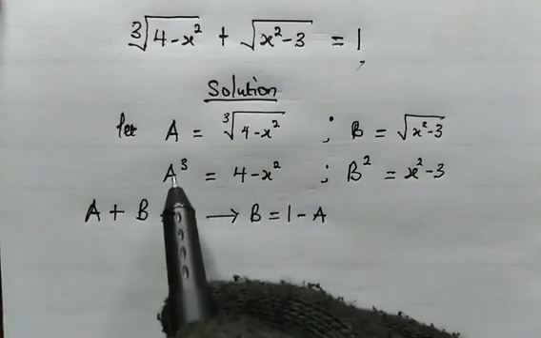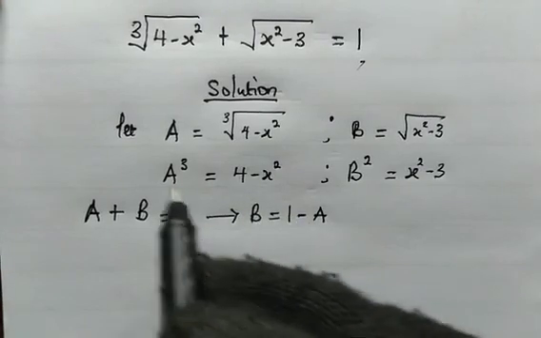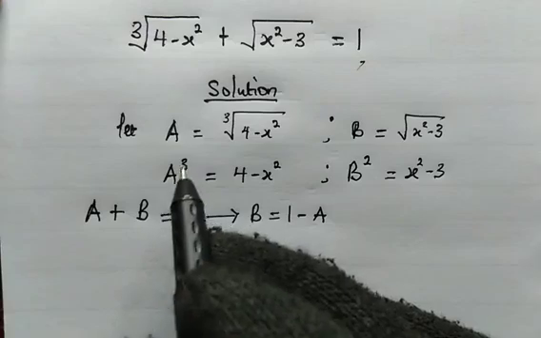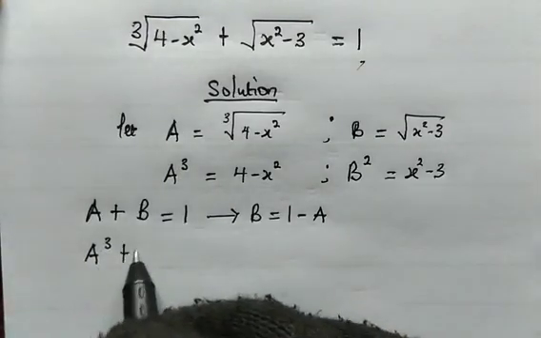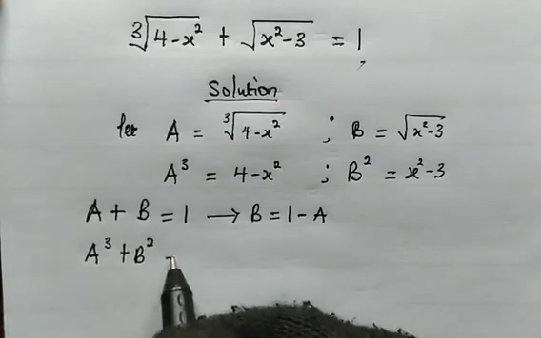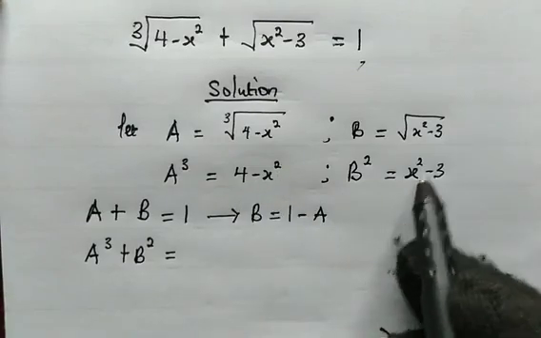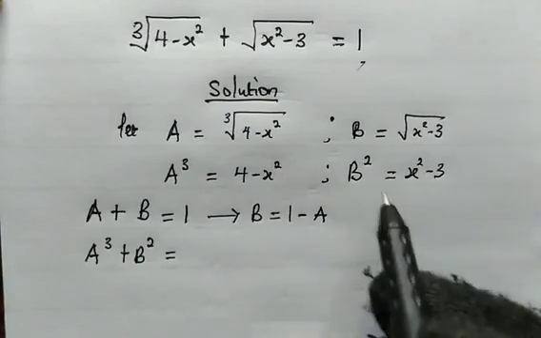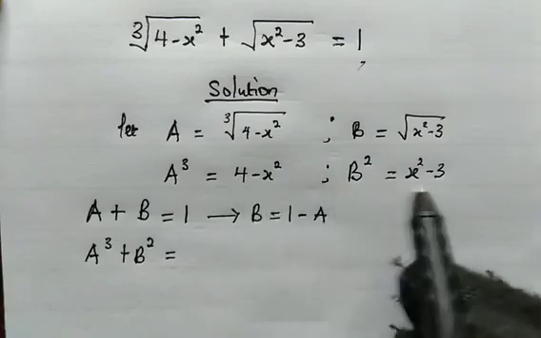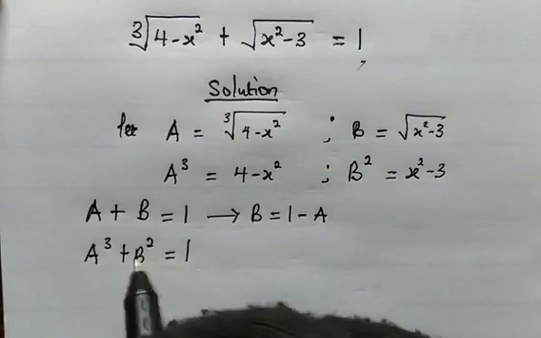And again, from here, we can derive another equation. What happens when we add a cubed plus b squared? This will be equal to 4 minus x squared plus x squared minus 3. Remember, negative x squared plus x squared is 0. Then we have 4 minus 3, which will be 1. Amazing. Now from here,